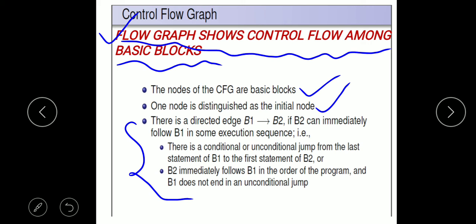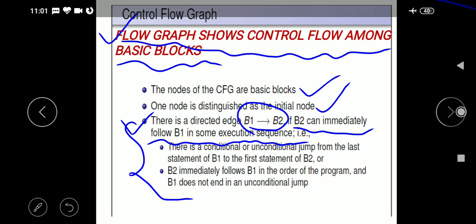And what is rule number one? Rule number one is this: there is a directed edge from B1 to B2 if B2 can immediately follow B1 in some execution sequence. What does it mean?